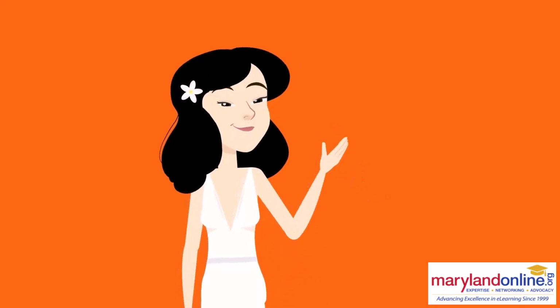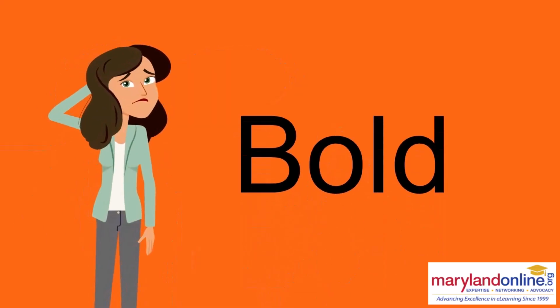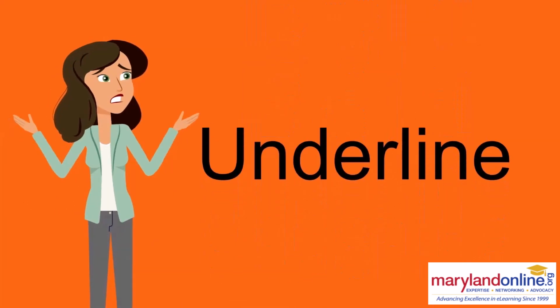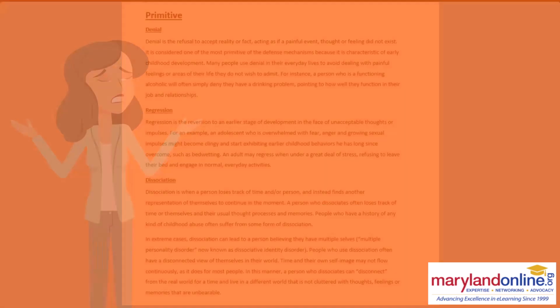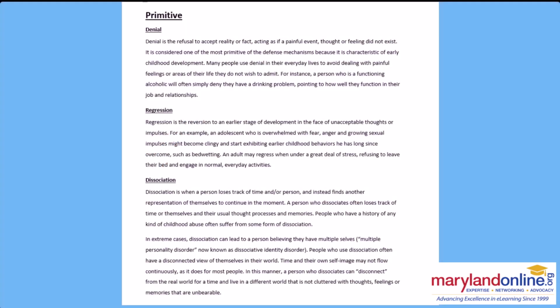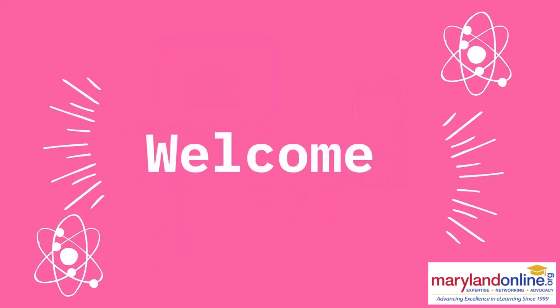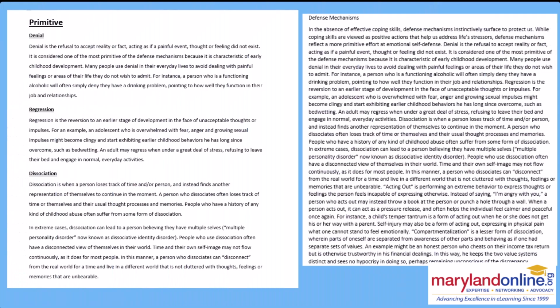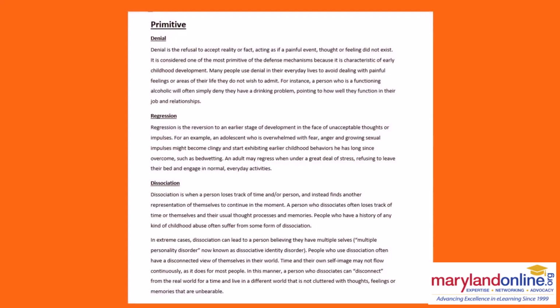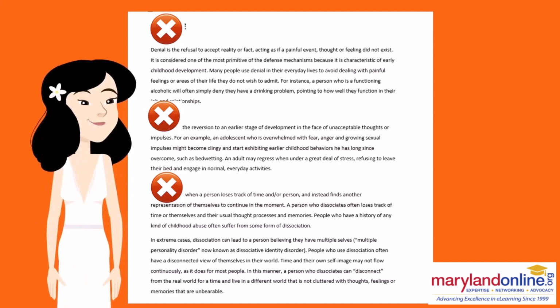Now, this part's important. Many of you will think, well, I already do this using bold font and/or underlining. This is likely a leftover habit from the days when we used Word to create hard copy. But we're in the digital age. And for a student using a screen reader, this sounds identical to the first example, except that you've added what they would perceive as an incomplete sentence. Also, underlining text is a big no-no because it looks like a hyperlink. Please, I implore you, stop underlining your text.